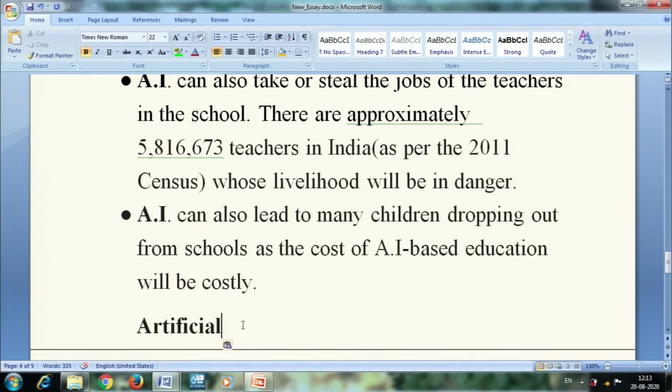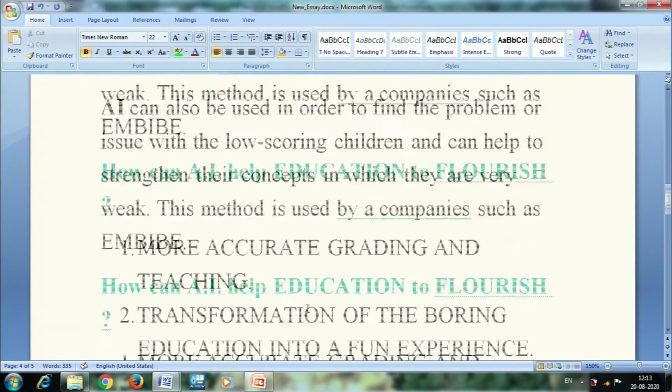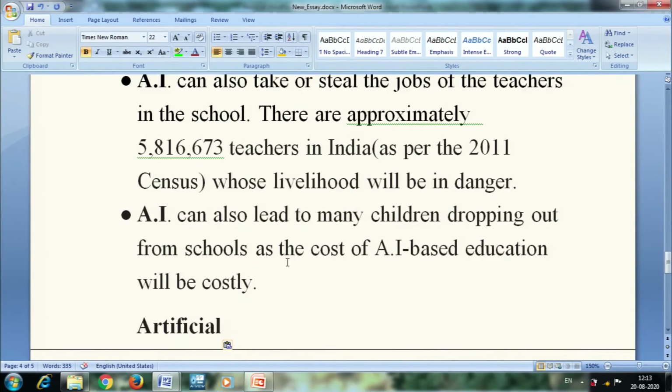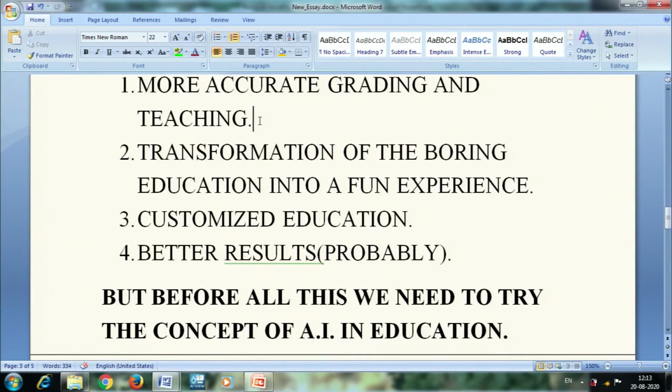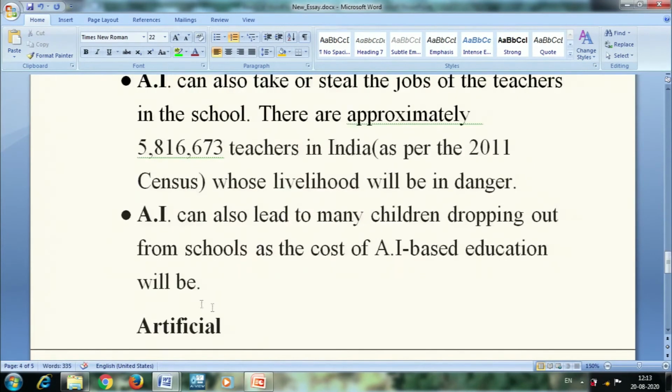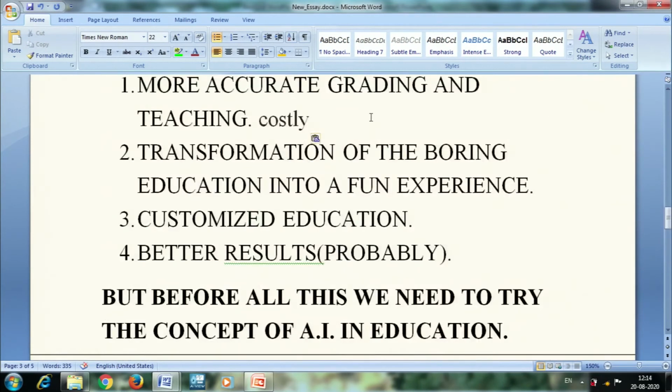I have taken the example of one particular word. Suppose you want to copy one whole paragraph, you can do it. Suppose this word is there and I want to move it from this place to another place. So what can I do? I can do cut, go to another place, and paste it there. So what happened is that the content was removed from the earlier place and moved to the new place.